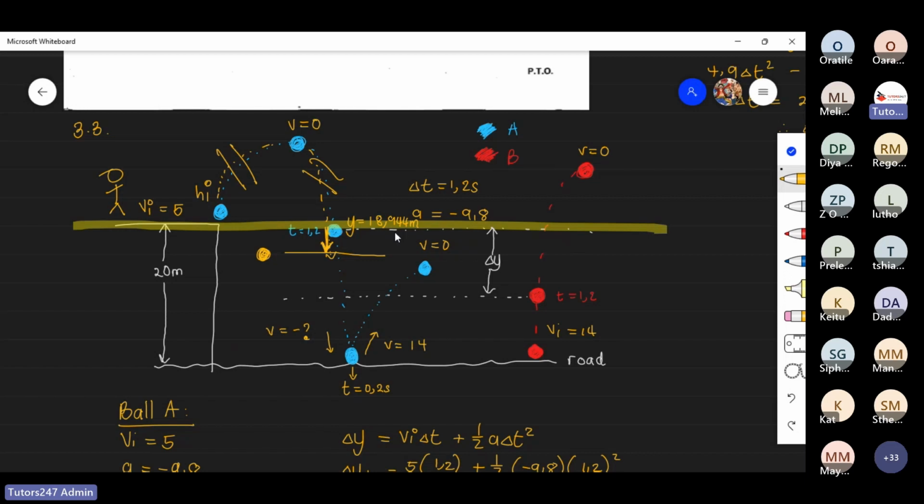Now, how would you calculate the height above the ground of where the ball froze? You know that from where you are standing, which is 20 meters above the ground, till where the ball froze, there is a distance of 1.056. So if the total is 20 and you go 1.056 down, what's left over? Think about it like this. If you have a 20 centimeter chocolate and you eat 1.056 centimeters of that chocolate, how much of the chocolate